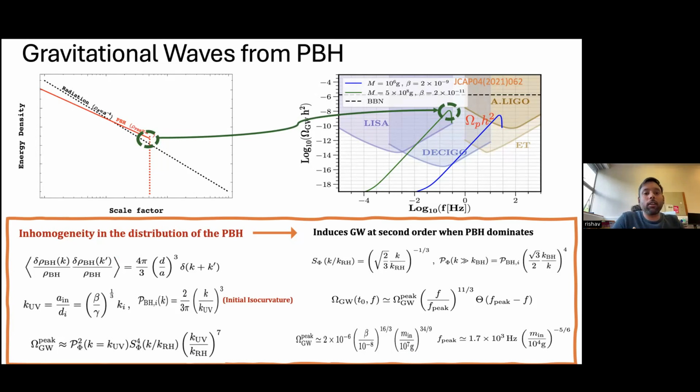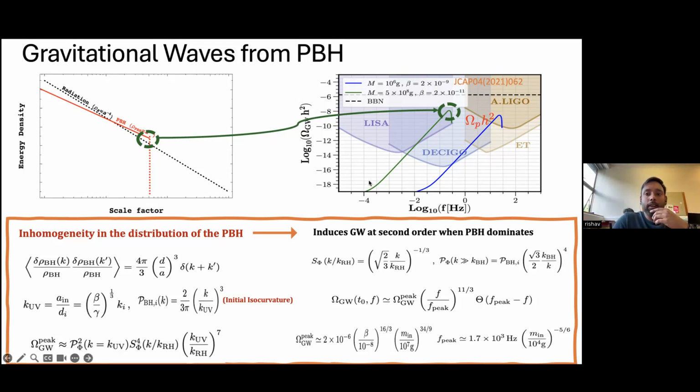It can release energy and generate gravitational wave. And the other thing is because of the inhomogeneity in the distribution of PBH, it generates the scalar induced gravitational wave. So what happens is that when the PBH is formed, because of these inhomogeneities, isocurvature perturbations are generated. When this isocurvature perturbation increases, and once the PBH evaporates, this isocurvature perturbation is converted into a curvature perturbation, and hence it generates a gravitational wave. So there has to be a transition from a matter dominated to a radiation dominated era, and that's only when one can generate the gravitational wave.